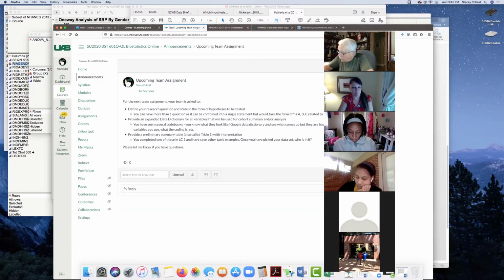I did have a quick question though regarding the data dictionary. I did quite a bit of research on Google, and I just wanted to clarify the categories that we would need. I have variable name, description, the type, and then the values or the characteristics. Would that be sufficient? Yep. Make sure you give the levels, right?